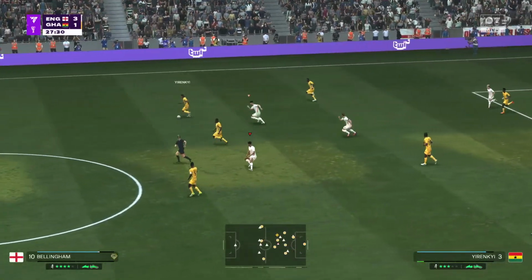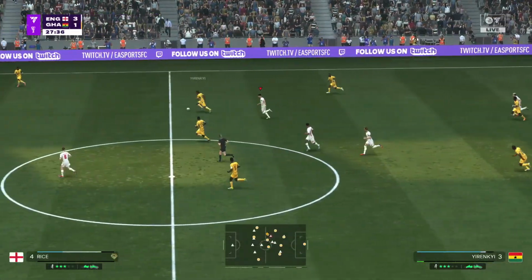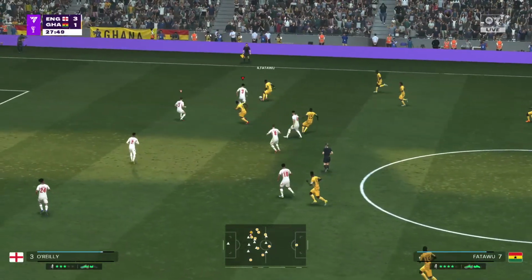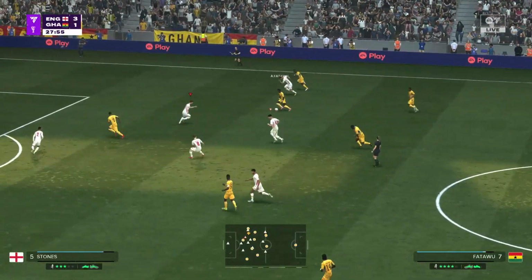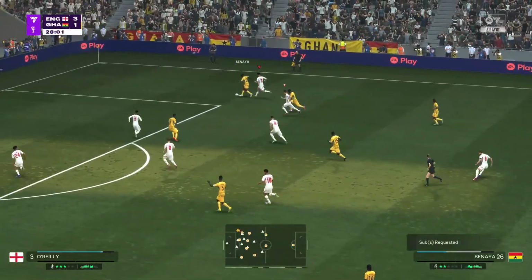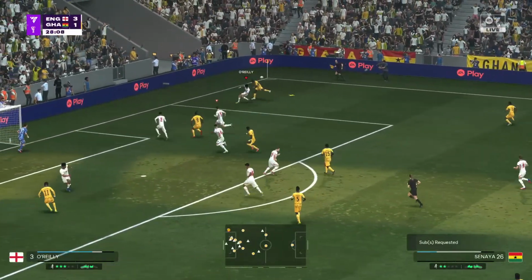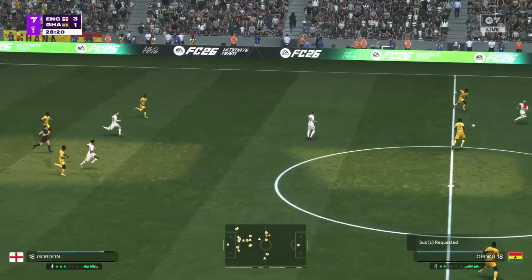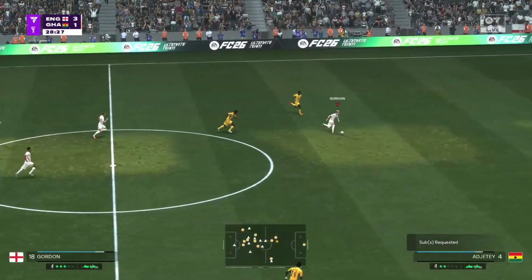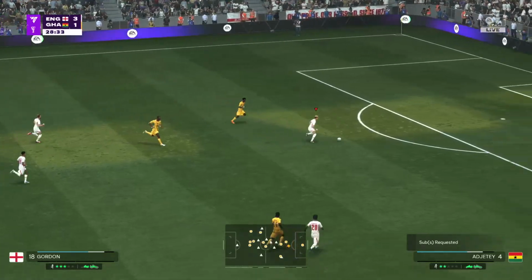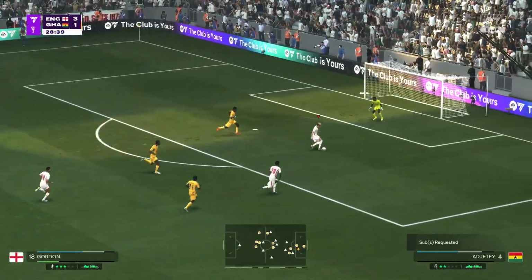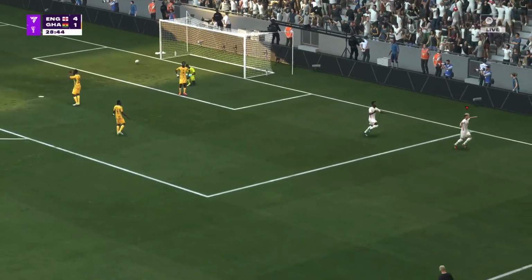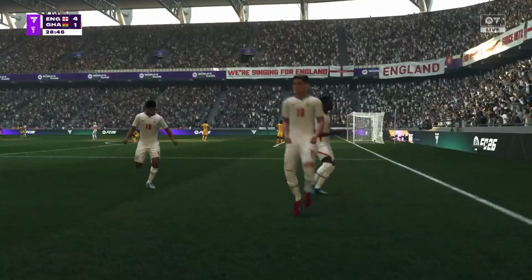Well, I think if that went in, there probably wouldn't have been a way back for them. They just can't keep conceding chances like this, though. Well, as spectacular as the save was, it can't be just about their stellar keeper. They know that. Defensive roadblock in the way of that cross. He's in with a chance. Can he finish? And he scored not once but twice. They simply cannot stop him. And no wonder he's enjoying himself.